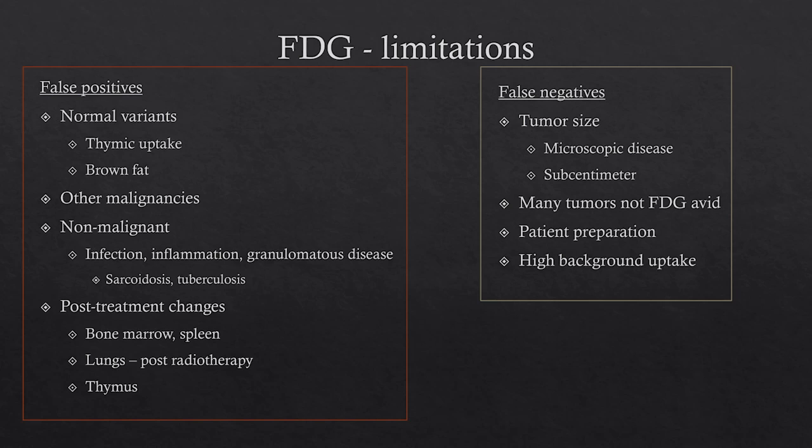False positives include normal variants like thymic uptake and physiologic uptake in brown fat. It's not limited to any one malignancy. Many malignancies can have uptake of FDG. Many non-malignant conditions can also show prominent FDG uptake. Also, patients who have undergone treatment can have FDG uptake based on post-treatment changes. This includes uptake in the bone marrow and spleen from chemotherapy and GCSF. You can have uptake in the lungs from post-radiotherapy, and you can also have increased uptake in the thymus from